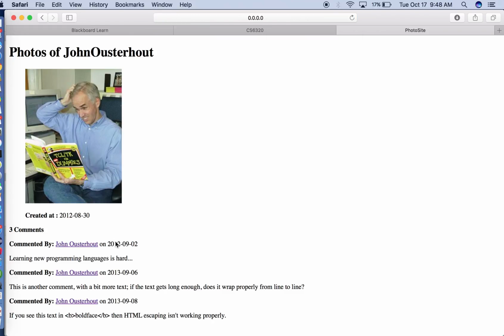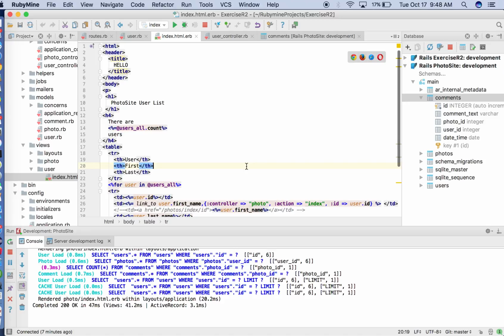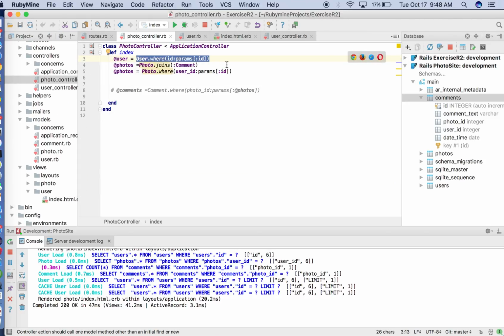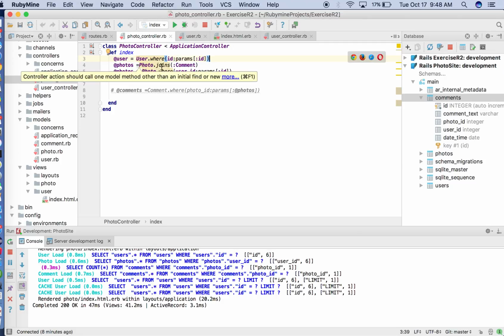For that, the code that I have implemented is, I have a photo controller that got created. If you see the photo controller, here I need to join the two tables because I have to display the photos of the user and also the comments. If the commented person is known, I need to again redirect to that user's photos. So based on the user ID passed, first I'll get the user details and then I'll join